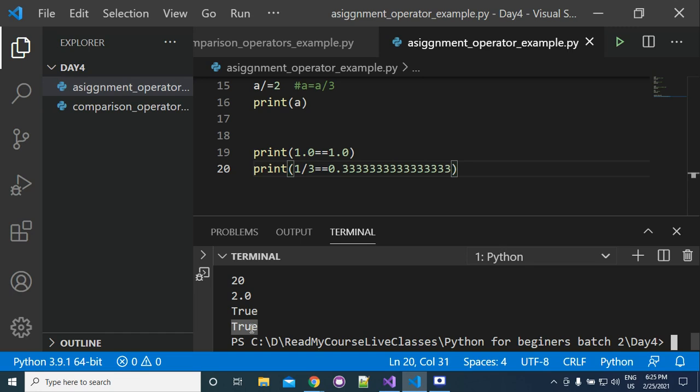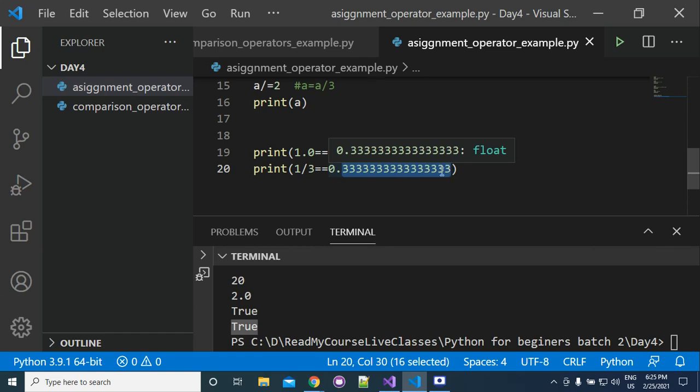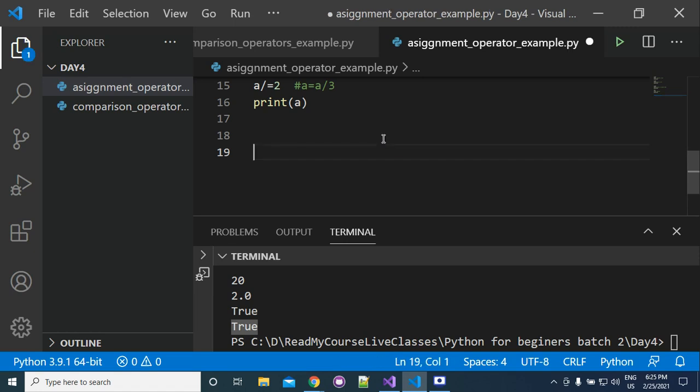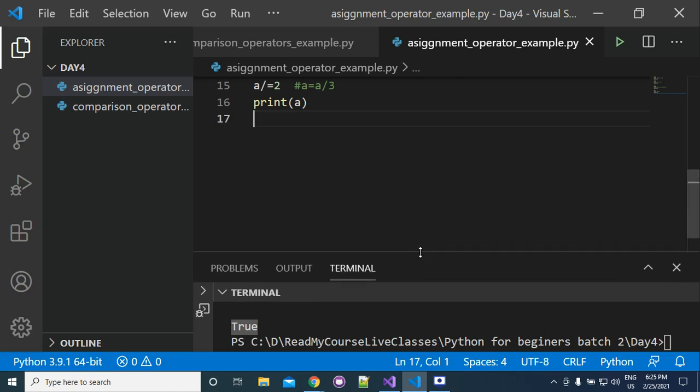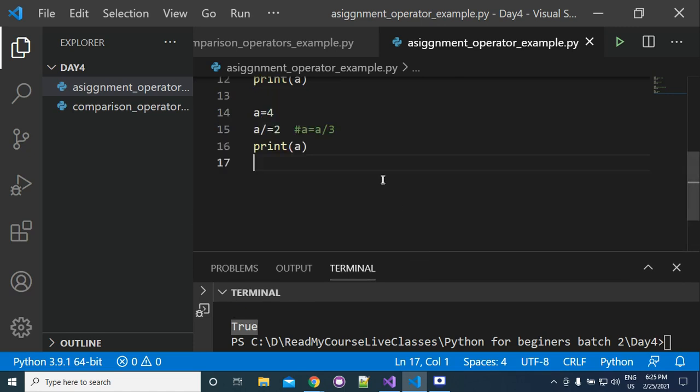It should not happen, but it is happening. Just try to find the answer. Python is giving you true, though 1 by 3 is not exactly 0.333. So what is the reason behind this? Try to find it at home. I am giving you one day. That was part of comparison operators. Now we are working on assignment operators.